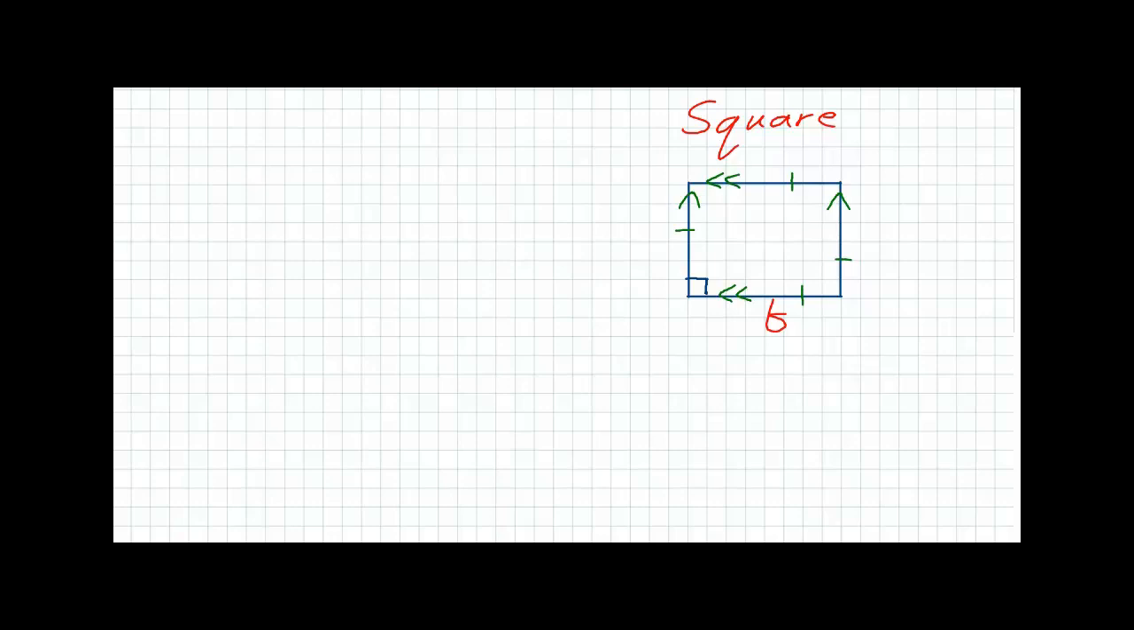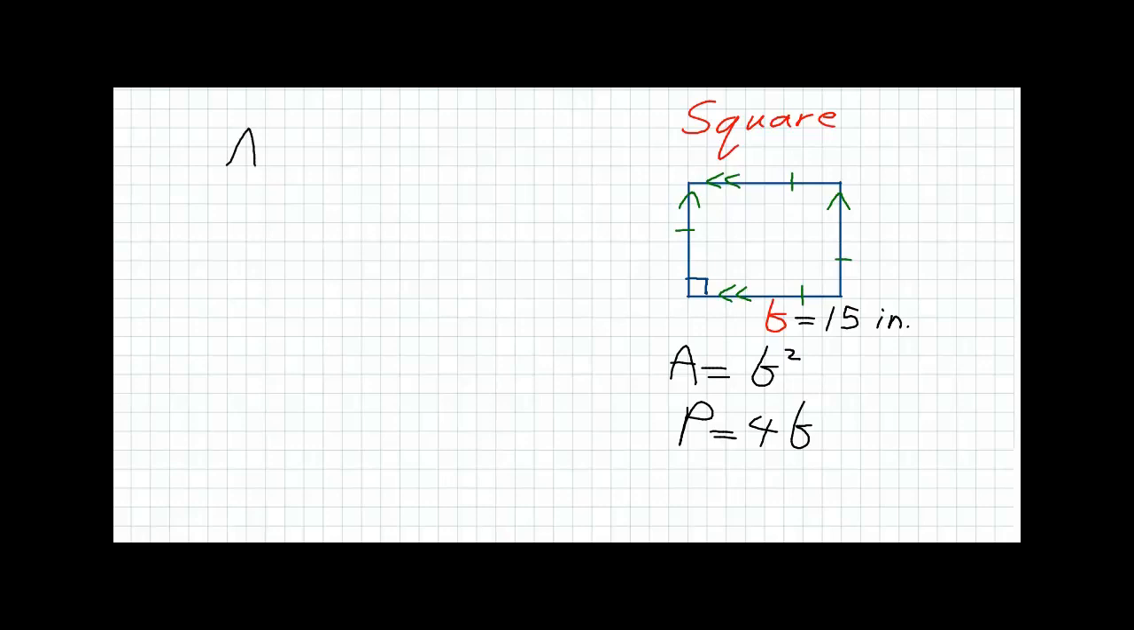So if we want to find the area here, we just multiply the base times the height, where the height is equal to the base, so that the area is equal to b square. And if we want to find the perimeter, which is the sum of all 4 sides, this is equal to 4b. As an example, supposing that the base here is equal to 15 inches,